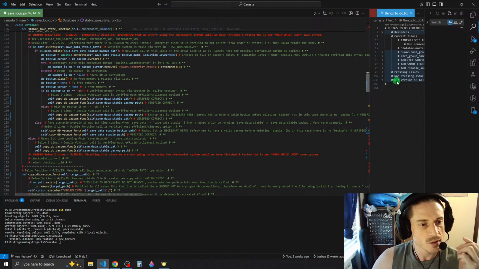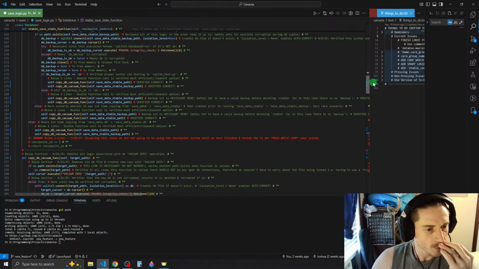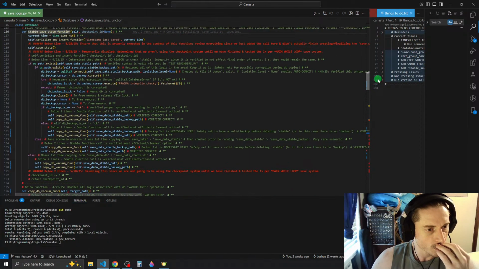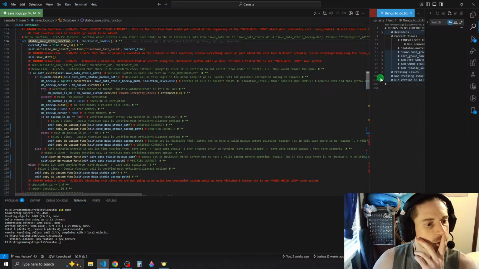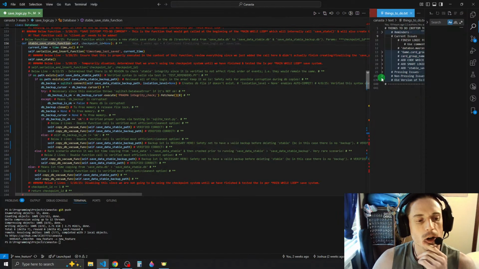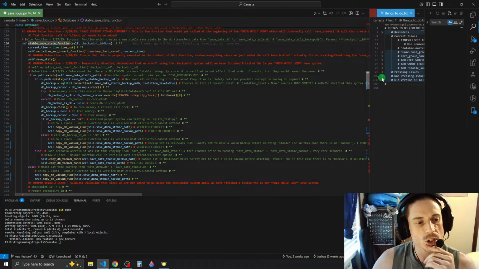And if we don't have the second backup or the backups in case this fails, we create those backups. So what this actually does is it determines which database